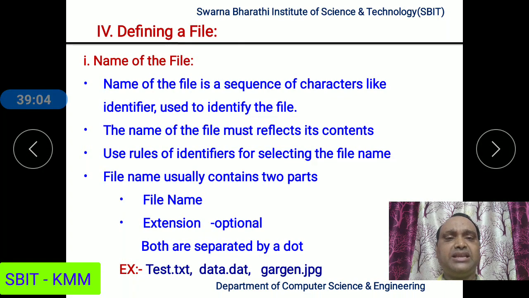Similarly, another file name, data.dat. Dat is the extension of the file. The extension will tell what type of information is inside that file. So .dat represents that it is a data file, meaning some data is present inside the file data. Txt means text, meaning some text is present inside the test file. Similarly,